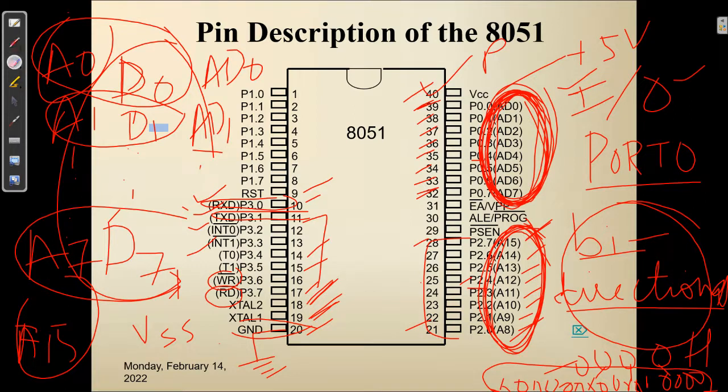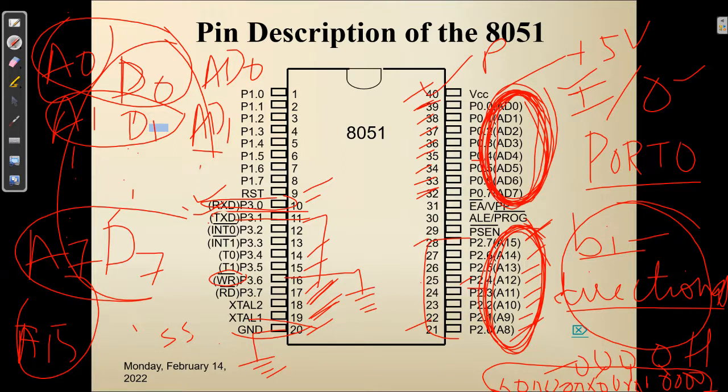इसका मतलब ये है, सपोज मुझे एक्सटर्नल रैम में डेटा लिखना है, I want to write into the external RAM. In that case, this pin number 16 should be grounded because it is active low, WR bar active low। अगर ये grounded है, इसका मतलब मैं एक्सटर्नल रैम में लिख रहा हूँ।